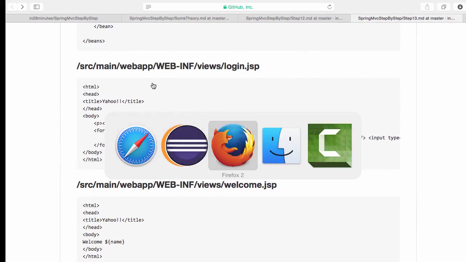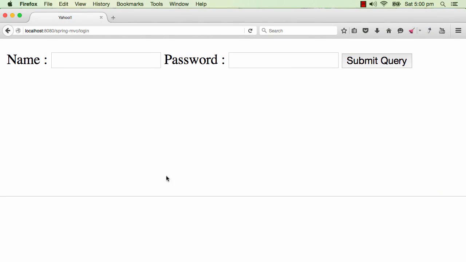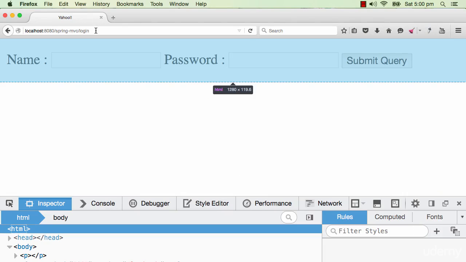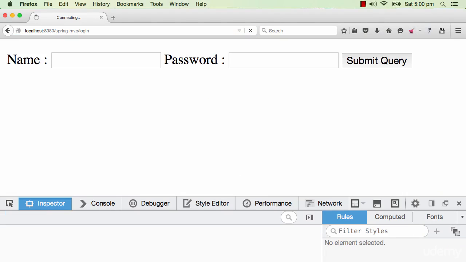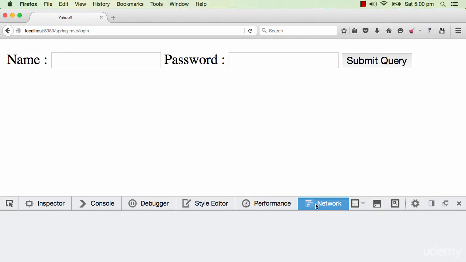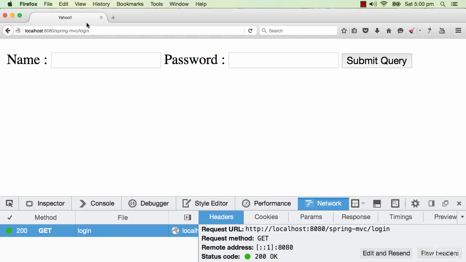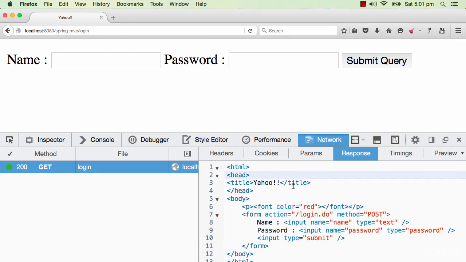Now the sequence on the browser side of things is a little different. When I type in springmvc/login, it creates something called a GET request. So a GET request for login is created. The URL is springmvc/login, as we know. The response status is seen here, which is 200, because this response went through successfully. And you'd see the response contains the HTML which was returned back. So that's basically the flow that we have seen until